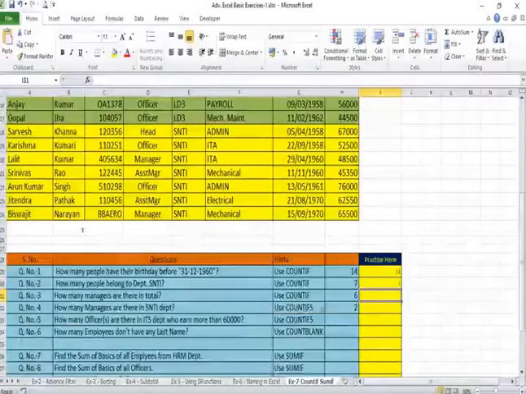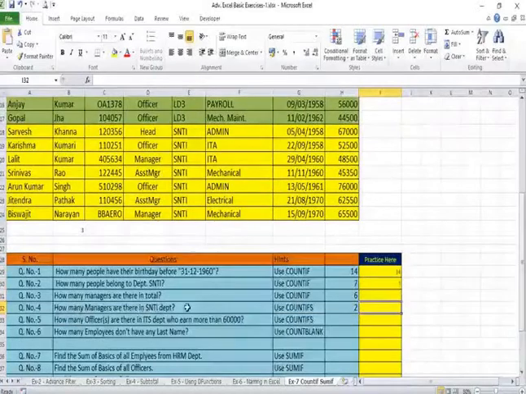Here let's try this one. How many managers are there in the SNTI department? So there will be 2 criteria. The COUNTIF takes only one criteria, so the COUNTIF function will not work here. So you will have to use the COUNTIFS function.